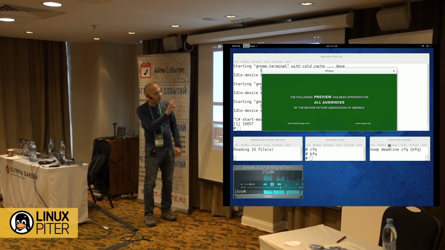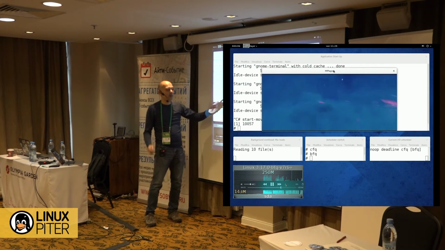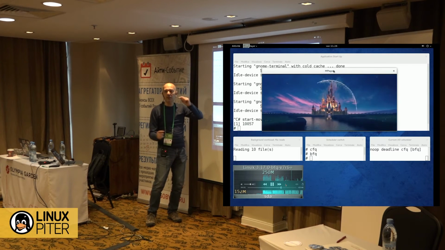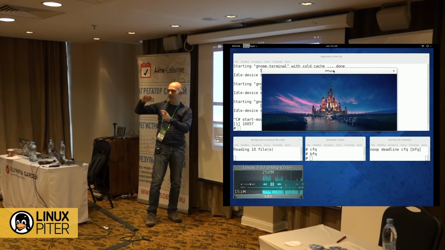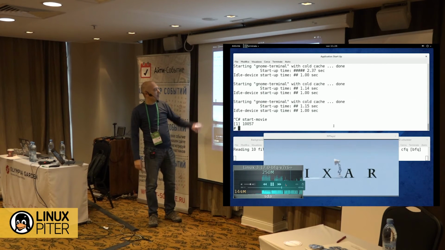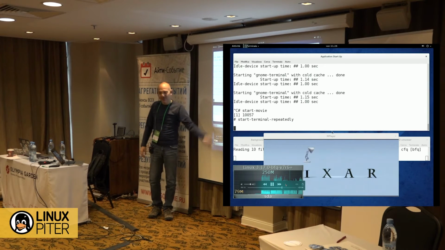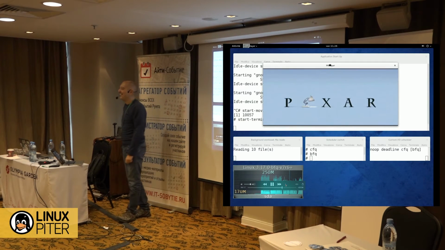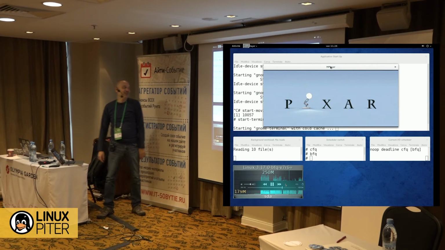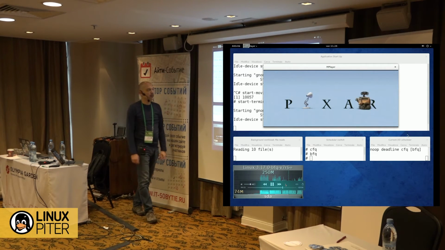You can see some glitches, but they are due to the graphic card and to the fact that I have recorded a video while it was being played. So basically, this was the problem, but nothing to do with the I/O. But to make things harder, let's also start the terminal repeatedly. You won't notice any problem. The playback will be perfectly smooth.